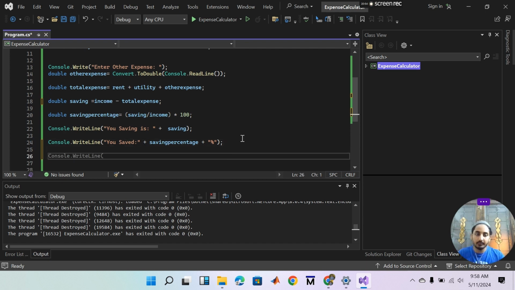It now will make a statement to display depending upon the saving percentage. And how do we stick to